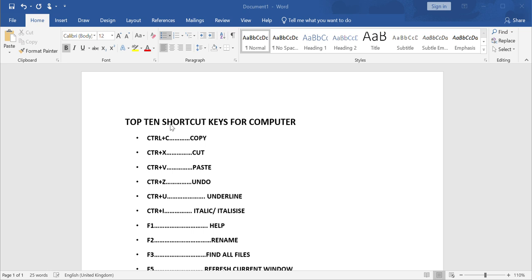There are a number of shortcut keys for computers. So you might ask, what's the use of these shortcut keys? These are keys that help to reduce the work. Instead of doing things step by step, you can use these shortcut keys to do something you would have done over a long period of time in a short period of time. So, for example, here we have